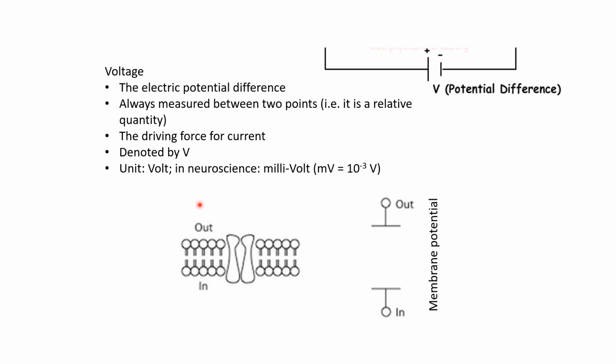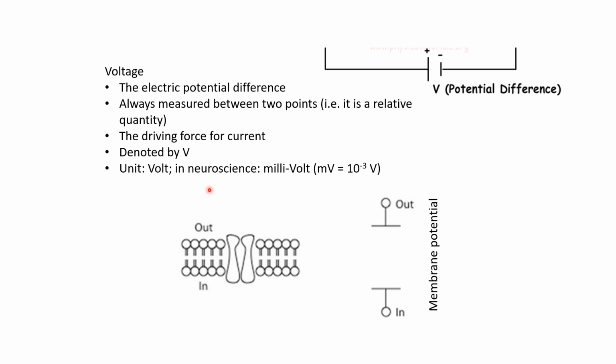And now let's see where the voltages are present in a neuron. As we saw in the last video, there is an uneven distribution of charged ions between inside of the membrane and outside of the membrane. So if you have a neuron and this is the inside and this is the lipid bilayer, you remember the membrane is made up of lipids, with the polar heads facing outside or inside. So you have a bilayer, and the middle of it is hydrophobic. So it's an impermeable membrane, and there is a differential distribution of various types of ions between inside and outside,